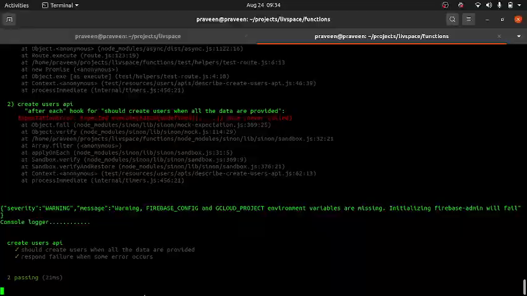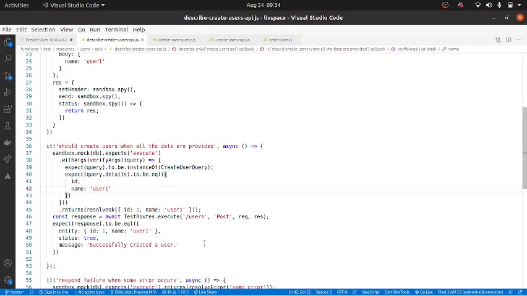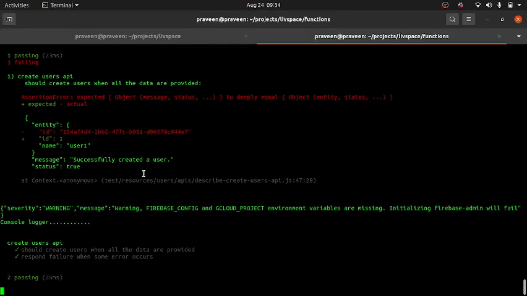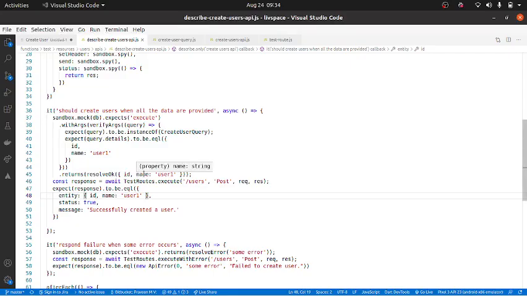So more or less this should be good. Only problem is I will make sure even the return ID is the same thing, because we want to make sure it is proper. And here also I'll basically make sure ID is whatever UUID that we created. So both the test cases passed and we are good to go.